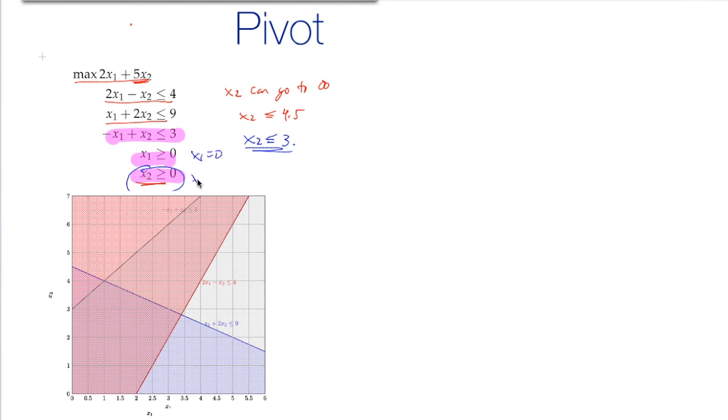So what we're going to do is replace this constraint, right? Before we had x1 is equal to 0 and x2 is equal to 0. And now we're going to replace this constraint with this constraint right here. And the way we're going to do that is via a change of variables. So in particular, we're going to say y1 is equal to x1, but I want to set y2 such that this variable right here is tight. So I want to set that one to be 3 plus x1 minus x2. So in particular, if I substitute this back in,